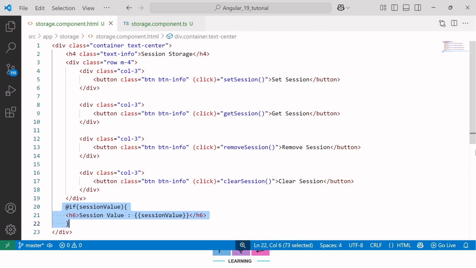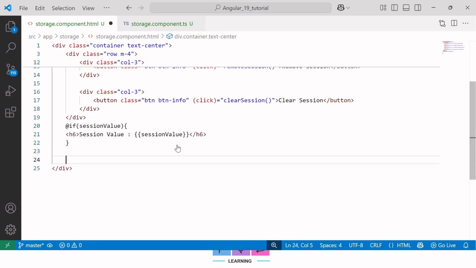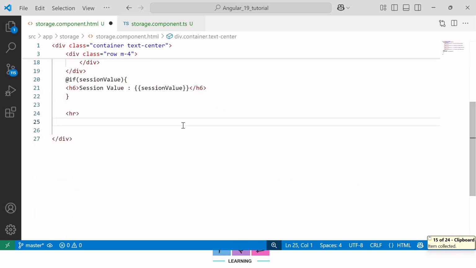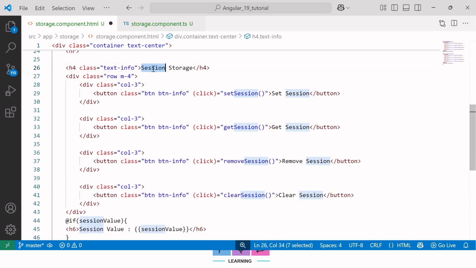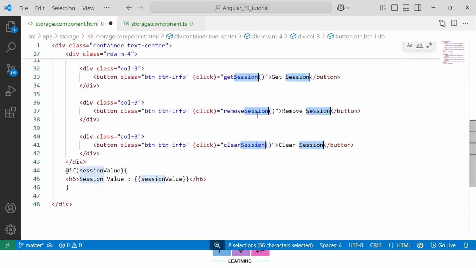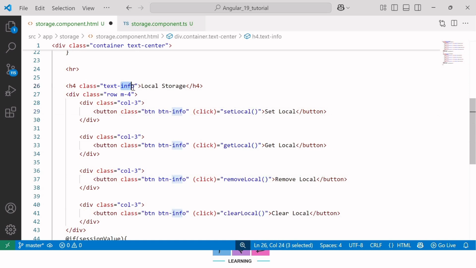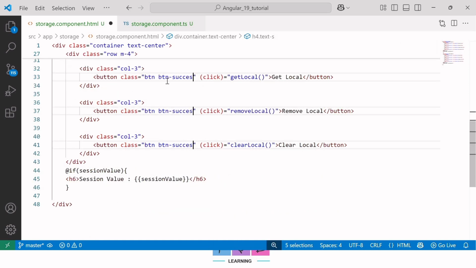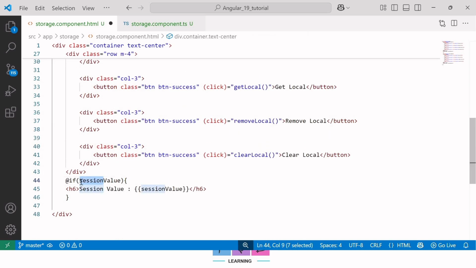And inside the template file, let me add a horizontal line using the HR tag. And then I'll copy paste the same code and update the button name and function name. So instead of session storage, I'll write local storage, and here also instead of session, I'll write local. And this time I'll use green color for text as well as button. Here, instead of session value, I'll write local value, and I need to declare this local value variable inside